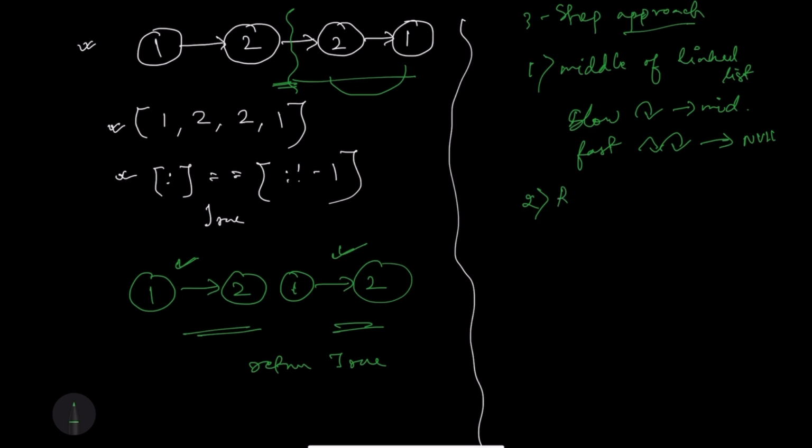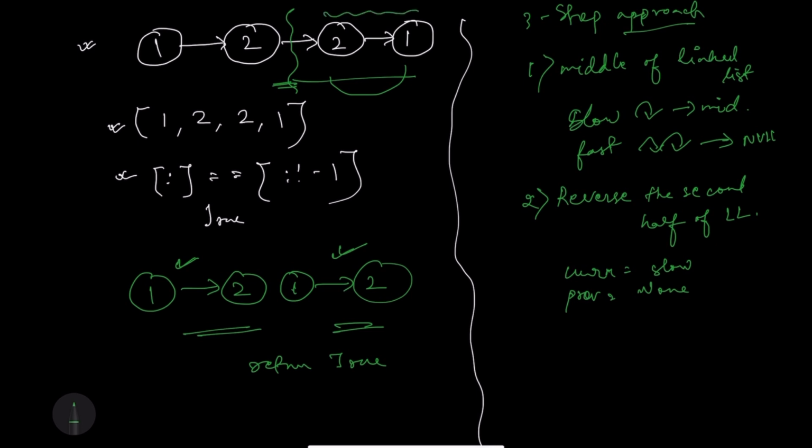Then we will reverse the second half of the linked list. So from slow, when we have got slow, we will take a current pointer and we will assign it to slow, and then we will have a previous pointer that we will set as none. And we will reverse our linked list. So it would become something like this. Linked list would become something like 1 2. We would reverse it, and then in the end our